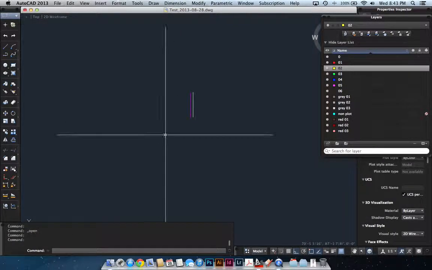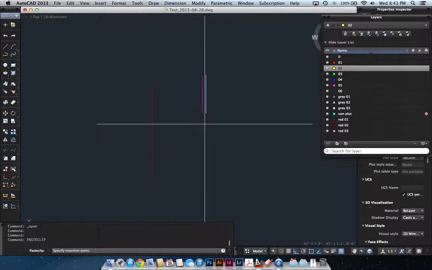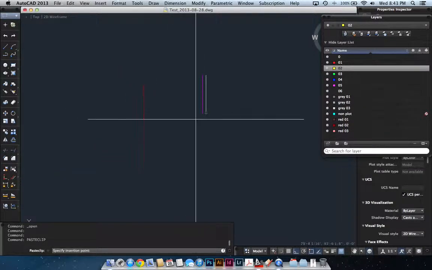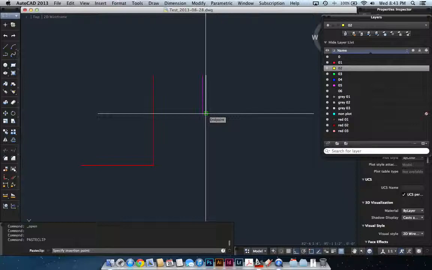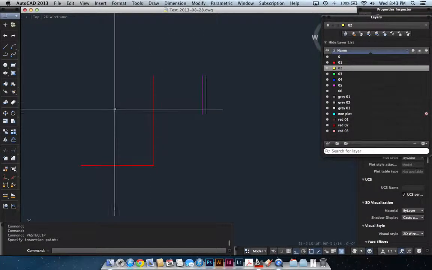And now when I get into the other drawing, I can now paste clip. And that's actually pasting what's in the clipboard, which in that purpose we just clip those two lines. I hit enter, and now it wants to locate, specify the insertion point with a paste clip. It wants particulars. And now I have located these two red lines in the exact same position as they were